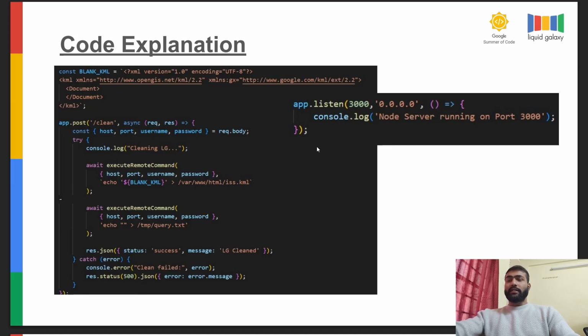And at last we are listening with app.listen on 3000 and the 0.0.0.0 address for connecting to the LG server, because if we do not provide this IP address, it will get connected to its own system. On starting the server it will give: node server running on port